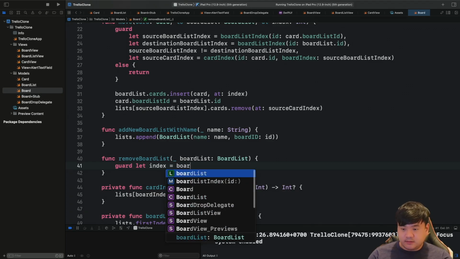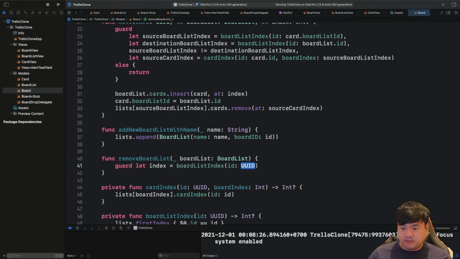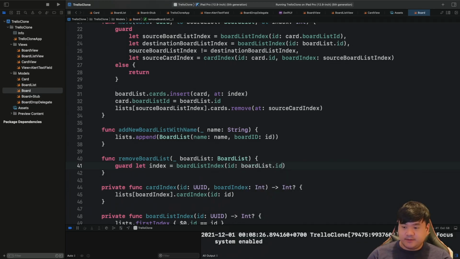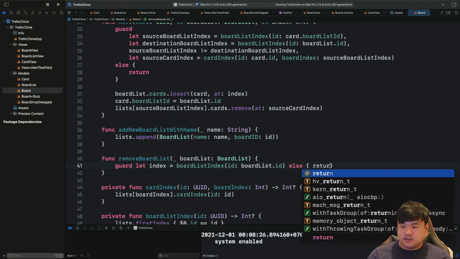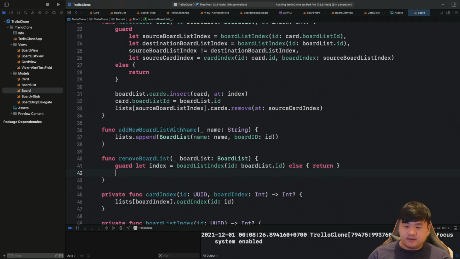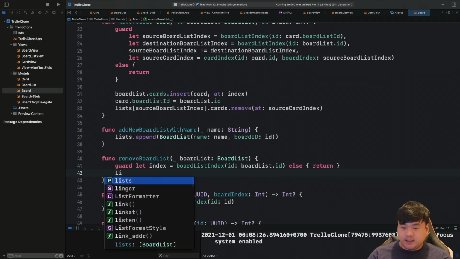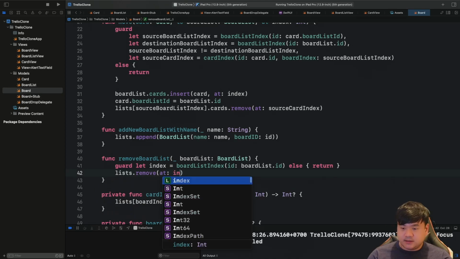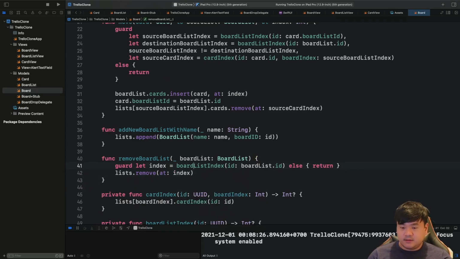We can use the helper private method board list index, pass the board list dot id to find the index in the lists array, and just return in case it fails to find. Finally, we can just invoke lists remove at the index. Okay, now